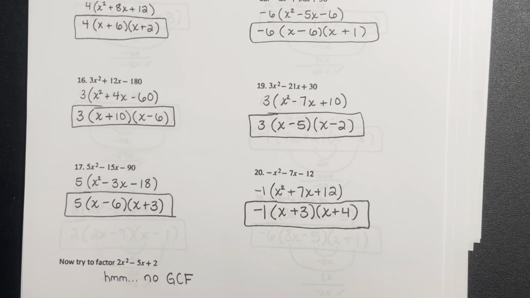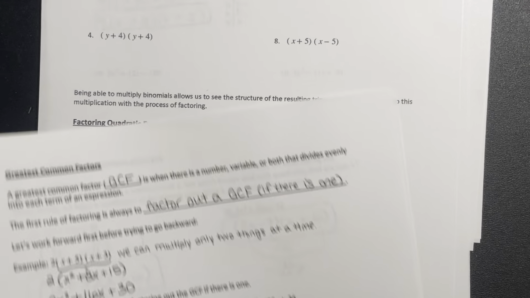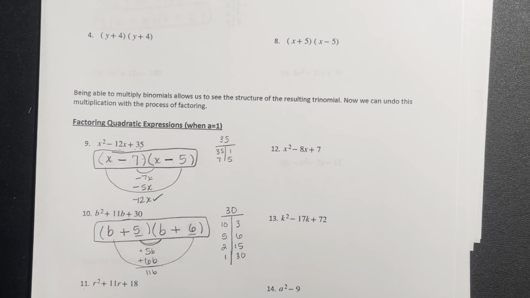All right, if you did look at that last one on the page, you saw 2x squared minus 5x plus 2. And that does not have a GCF. So if it doesn't have a GCF, how do we go about factoring it? Well, we still treat it the same way. And so,